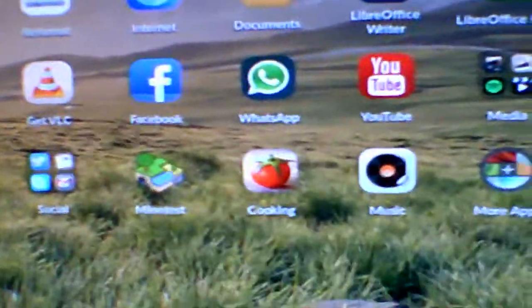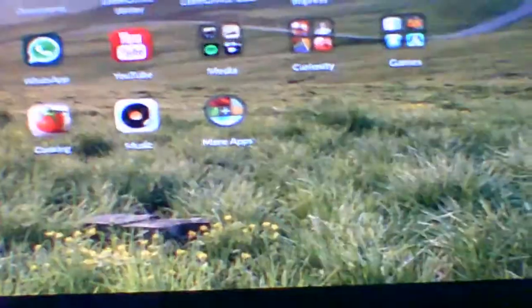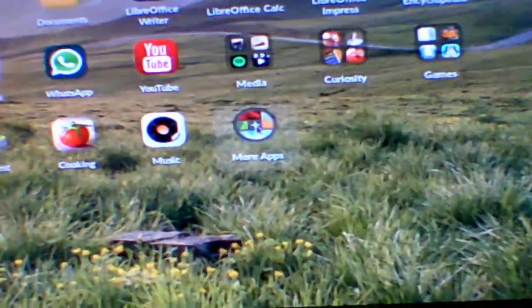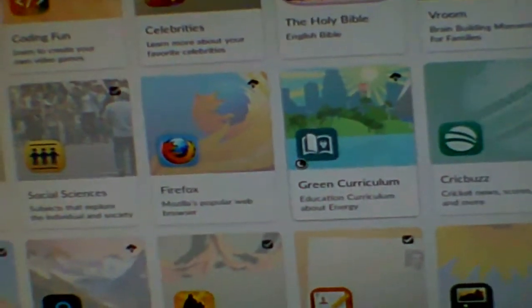Now you can see it's app based. Even though this comes with a massive amount of stuff on it, you actually have to go online with it. Now to install stuff onto your desktop, you go to more apps, and it will install certain things. I'm going to go to games for a reason,